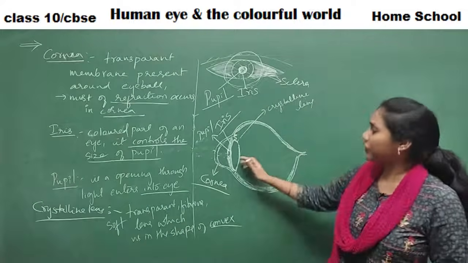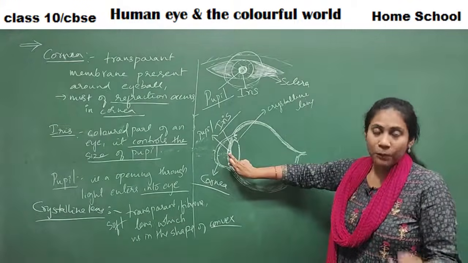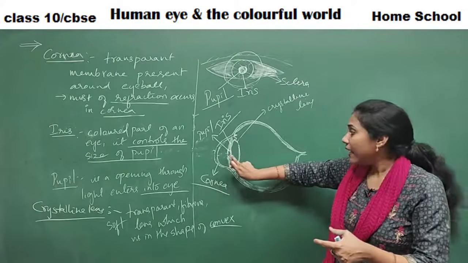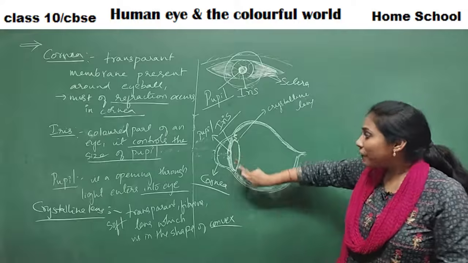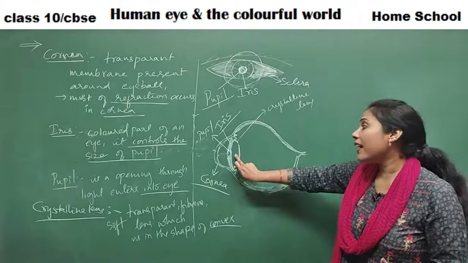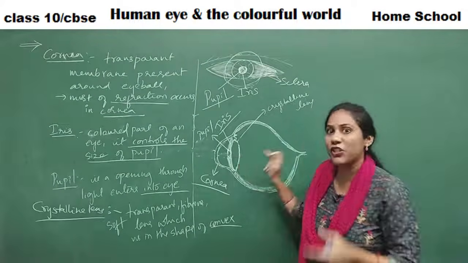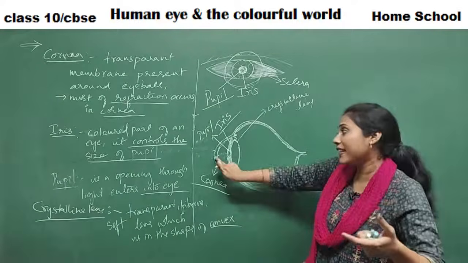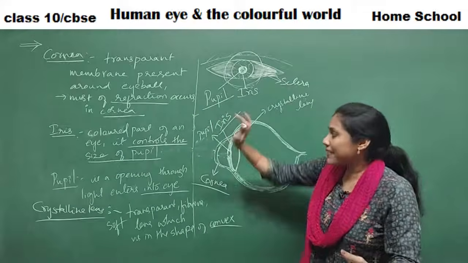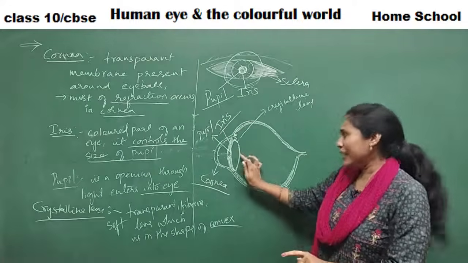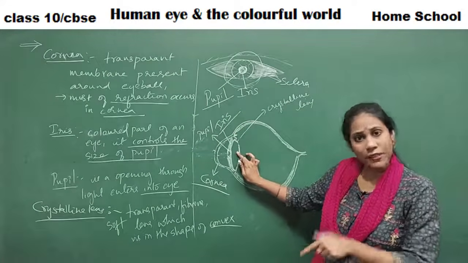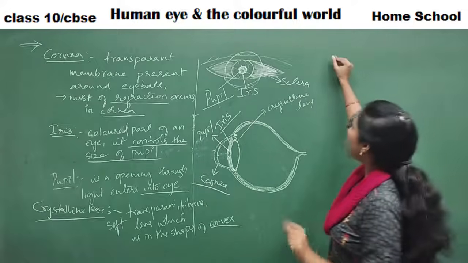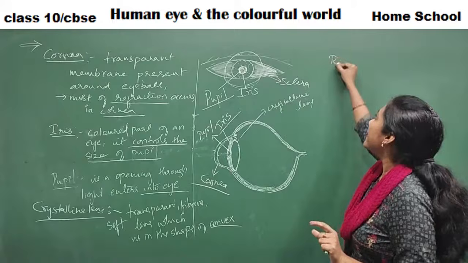Just right after the pupil. Pupil is the opening through which light rays are entering after the cornea, right? Right after the pupil, you have this convex lens. So here, the second step of refraction occurs. First step of refraction, I'm again reminding you, is happening in the cornea. That's where the maximum refraction happens. Little refraction happens in this convex lens. Clear? Fine. And the next very, very important part is the retina.